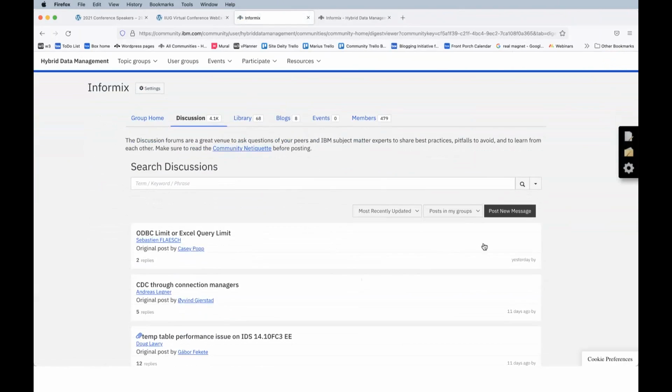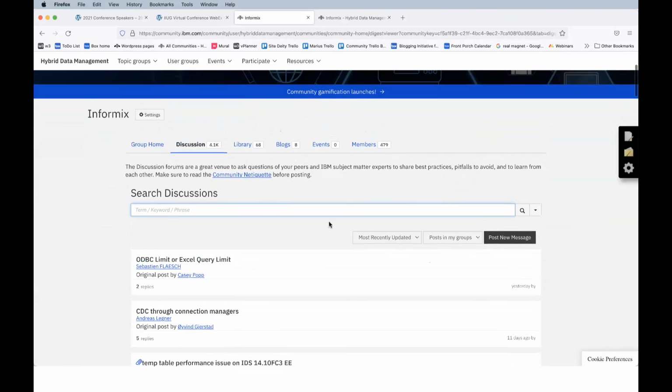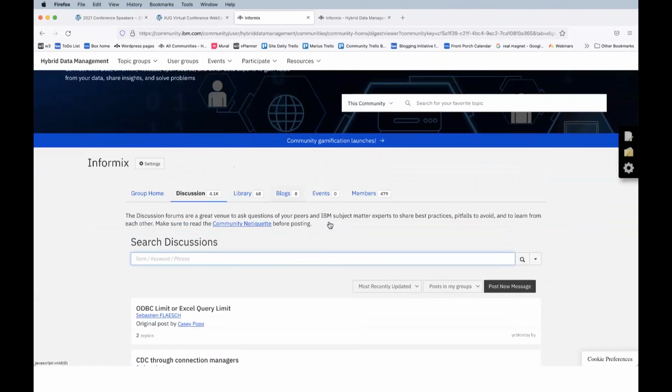You can sort them based on which are most recently updated, or according to alphabetical order. You can go through and search them however you want. Your typical discussion forum group. And because this is Informix and Informix people are very active, we've got over 4,100 posts in the Informix topic